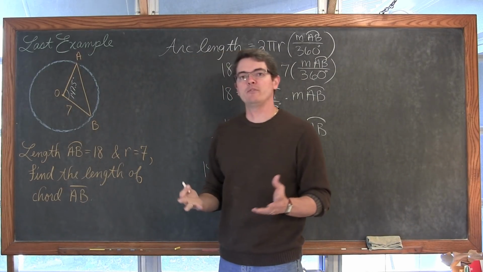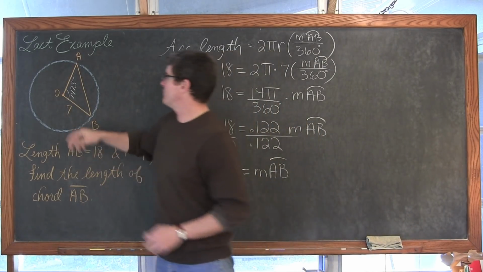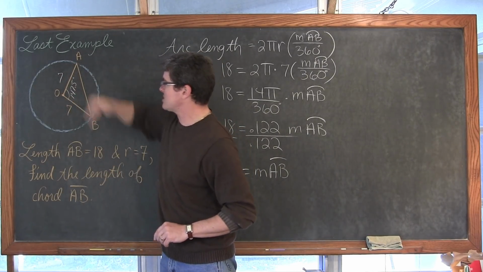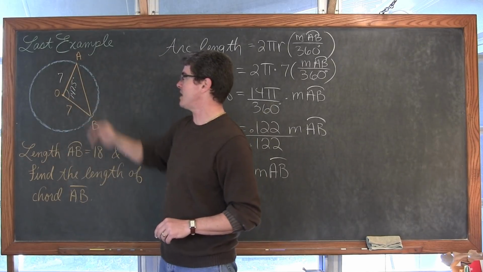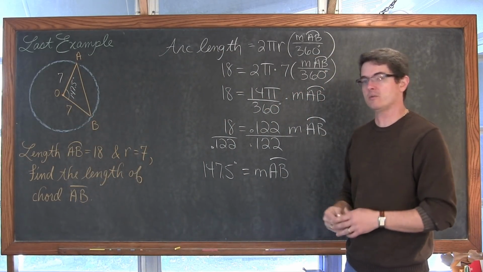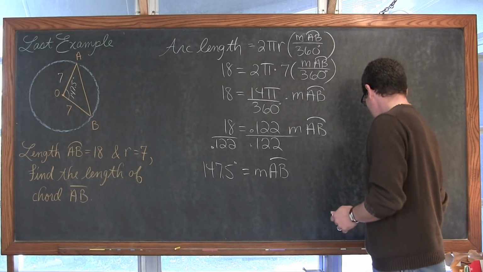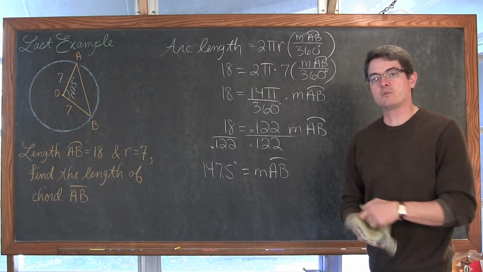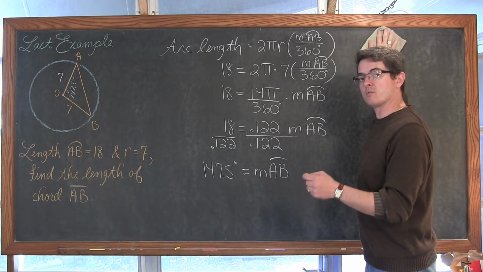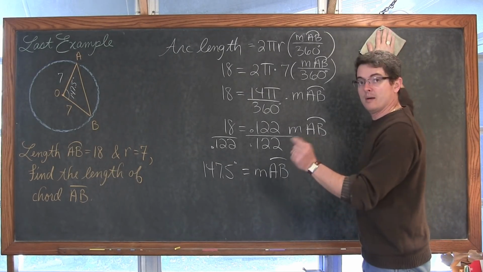Chord AB. Now, if you've studied law of cosines, you've got 2 sides of a non-right triangle and an included angle. So you could work through law of cosines and find the answer a little bit quicker than I'm going to do. But this video is, for you as well, but obviously for my students that I currently teach. And we didn't do law of cosines. We just stuck with right triangle trigonometry. So I'm going to do that.